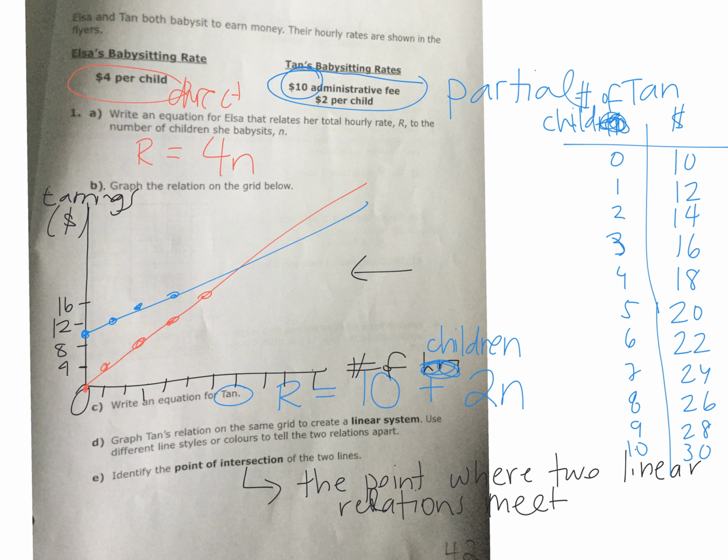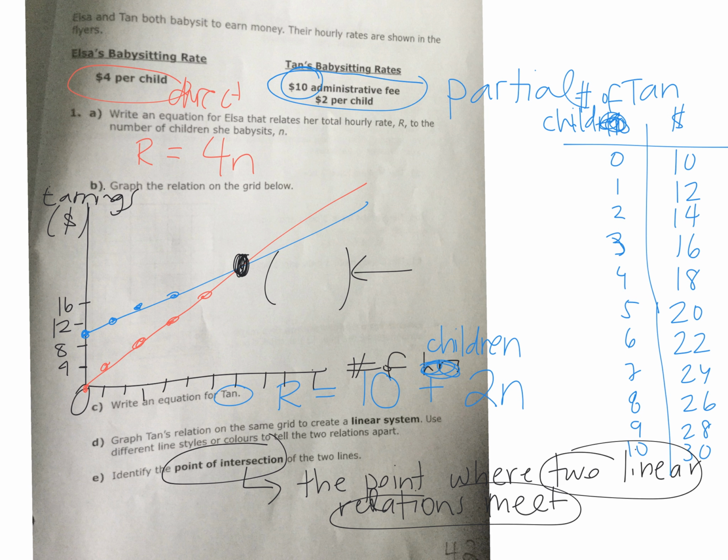When you're done the graphs, don't look at mine because it's not done accurately, but you're trying to figure out where the two linear relations meet. That's the point of intersection. Where do they intersect? Where do they cross? You have to find the point and tell me what is that coordinate where they intersect. I'll come around and check, but your two lines should intersect at